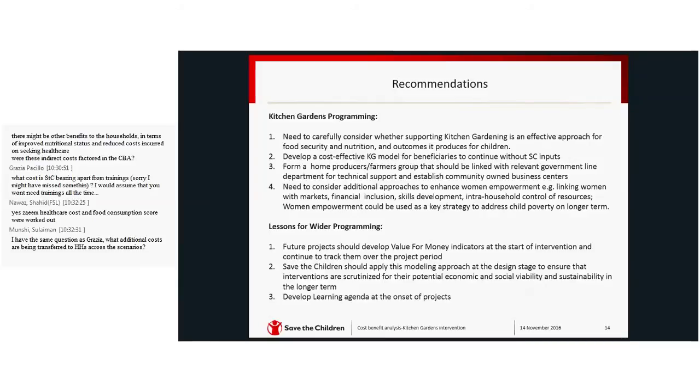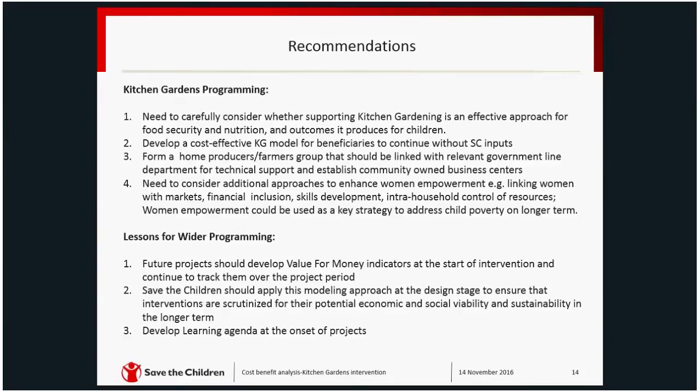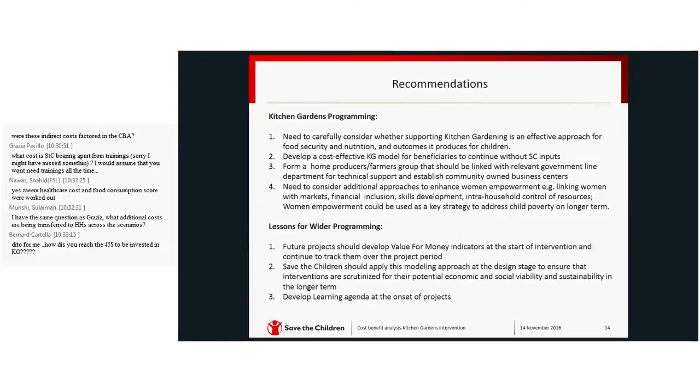We're basically saying more scrutiny of the model is necessary, rather than just assuming that households producing their own food is a good, effective and cost-effective way of addressing access to nutritious food. We linked to that, realizing that we really need to develop a more cost-effective model that works for beneficiaries to continue after the life of the project. We're approaching the end of the programme, and it's quite clear that this intervention in particular wasn't designed with a very strong exit strategy in mind,